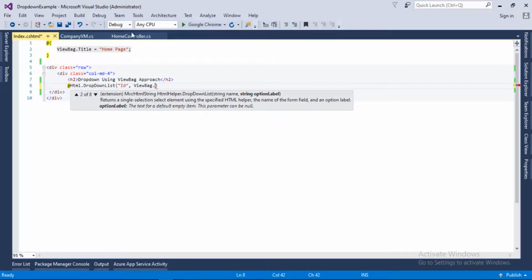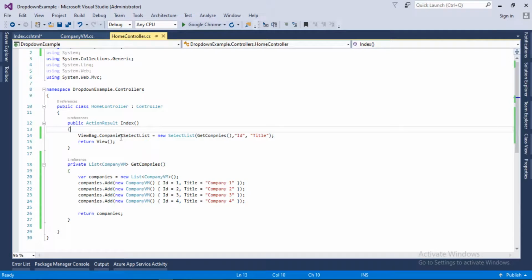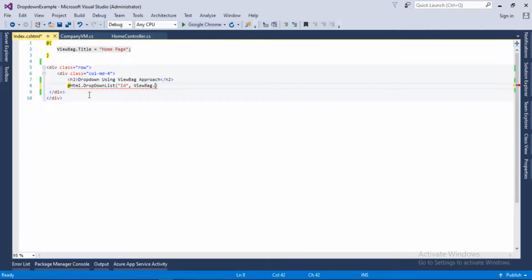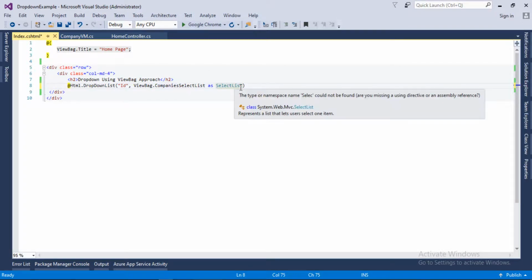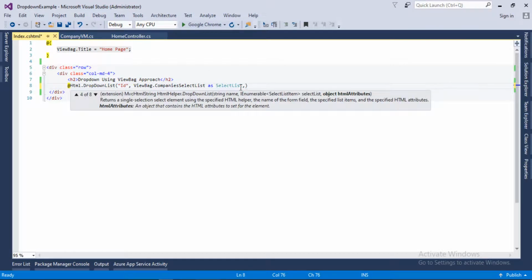Let's copy the name of our ViewBag, so we need to pass the same name as we have declared in our controller, and we need to cast it as SelectList. And the third item will be the placeholder, so let's provide Select Company.